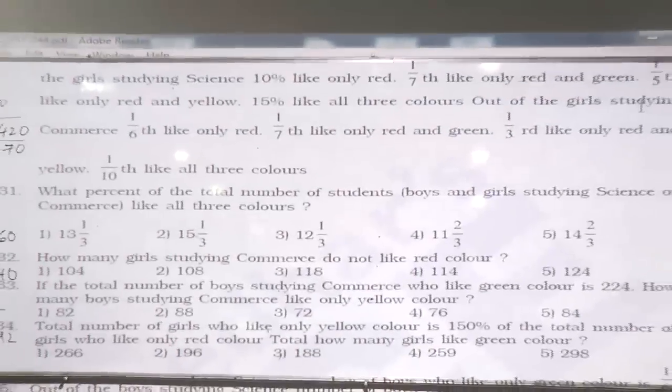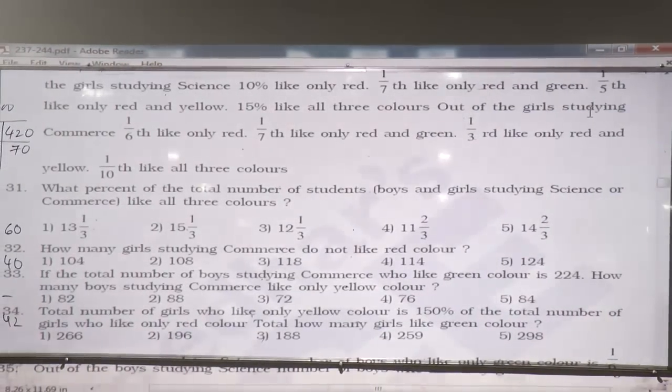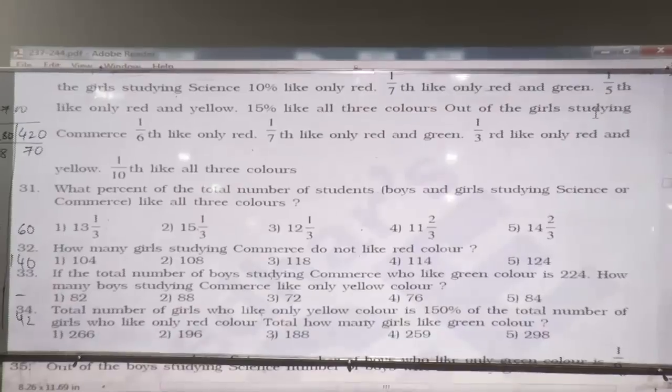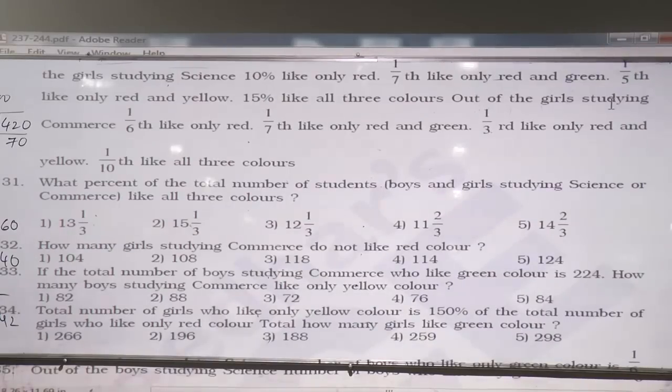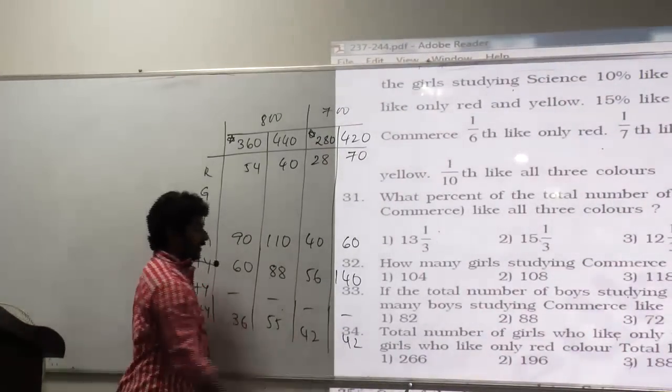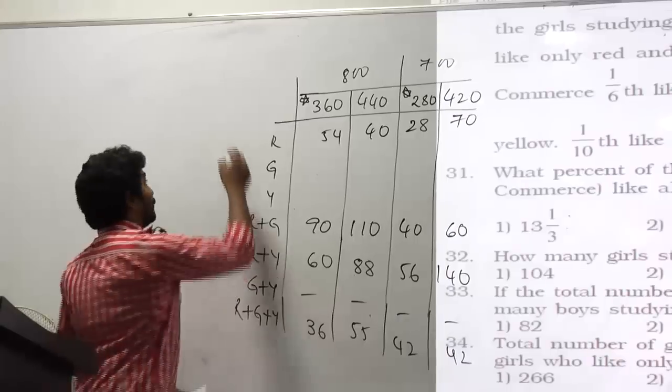What percent of the total number of students, boys and girls, studying science or commerce, like all the three colors? Let me calculate the number here. 30, 50, 80, 80, 160, and then let me add the other numbers, 6 and 5, 11, 13, 15. 160 plus 15 is 175. Out of total